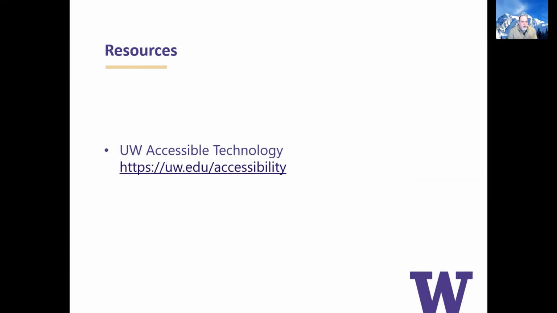And even if you're not in that role, there's no reason why you can't ask that question when a new product appears or a new product seems like it might be coming, just to ask, is this accessible? What is the testing that's been done? What are the assistive technology products that have been used as part of the testing process and the validation process? How do we make sure that this product is accessible?